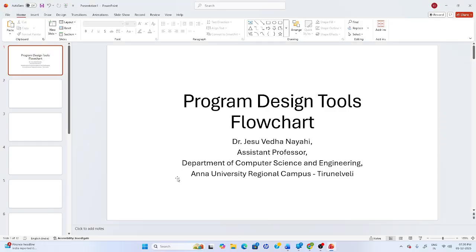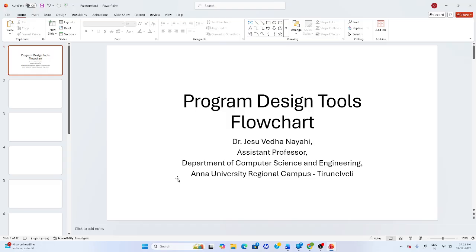Welcome back. In this video, we are going to see the next program design tool, which is called Flowchart. This particular design tool, you will be using in different stages of programming. Even if you become a high level programmer, you will always be using some kind of diagrammatic representation for representing your program or software. There are different types of diagrams as you move from semester 1 to higher semesters. You will be learning different types of diagrammatic representation of how to solve your problem and develop software. So flowchart is a very basic representation,